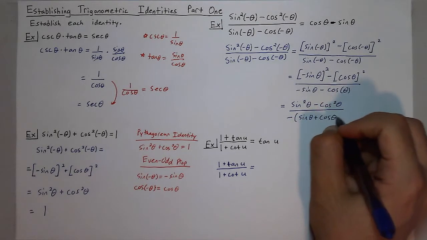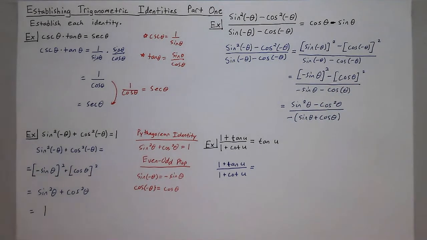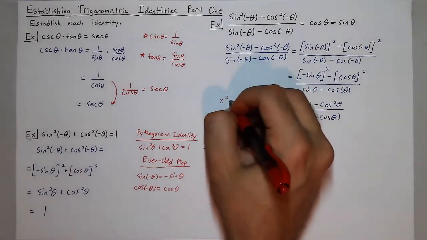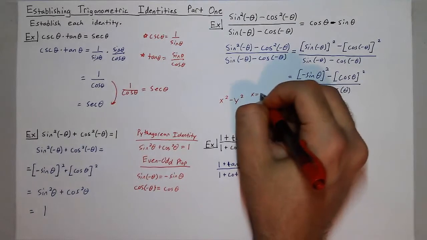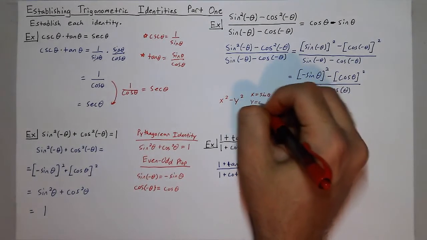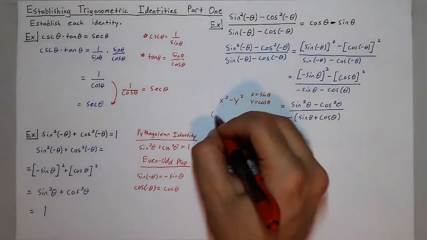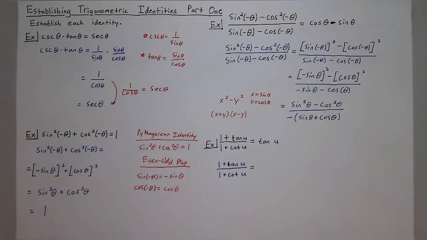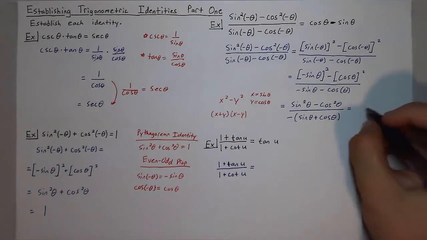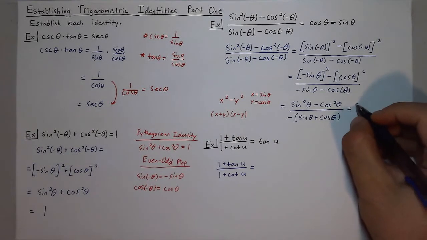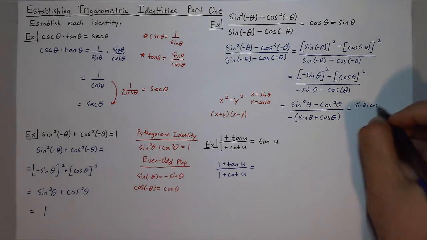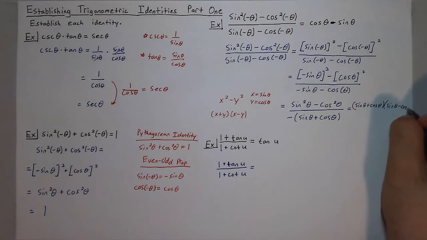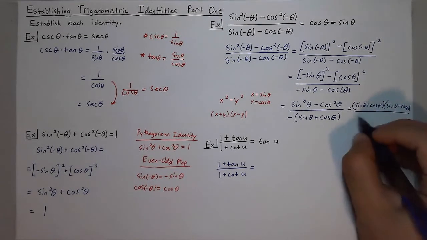Now I have two squares being subtracted. That is difference of squares. So if I thought of that top part as x squared minus y squared, with x equal to sine of theta and y equal to cosine of theta, that could just be rewritten as x plus y times x minus y, the difference of squares, which gives me sine of theta plus cosine of theta times sine of theta minus cosine of theta all over negative of sine